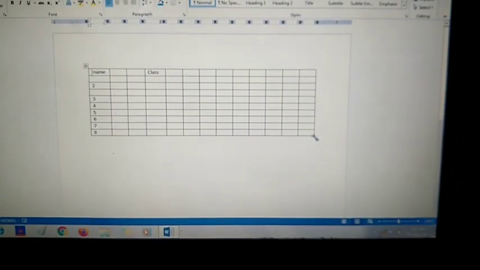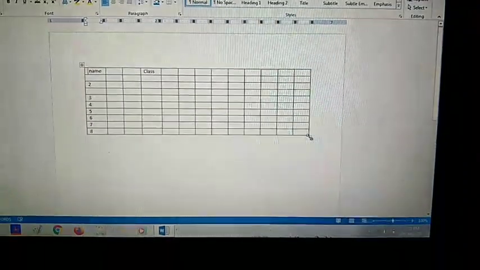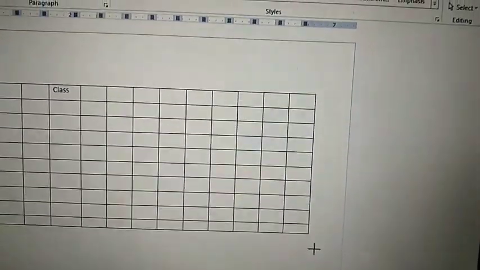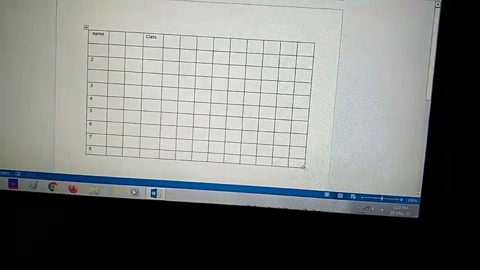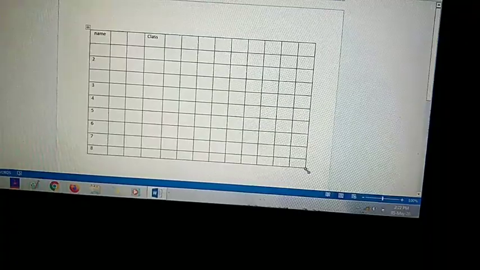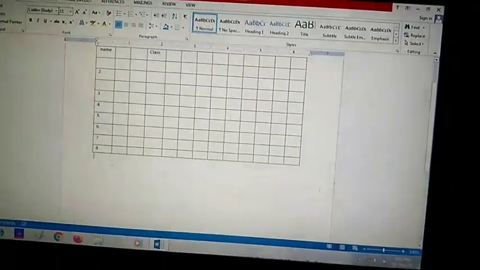When you bring your mouse over this, you see your mouse will change to a double-headed arrow, and by clicking and dragging you can increase or decrease the size of the table like this. This is known as changing the size of the table. By bringing your mouse here and dragging, if you want to increase, you can increase. If you want to decrease, you can decrease also.